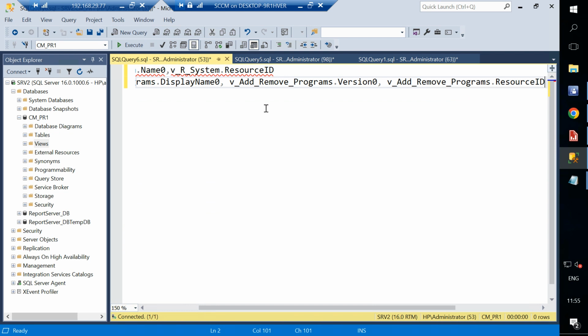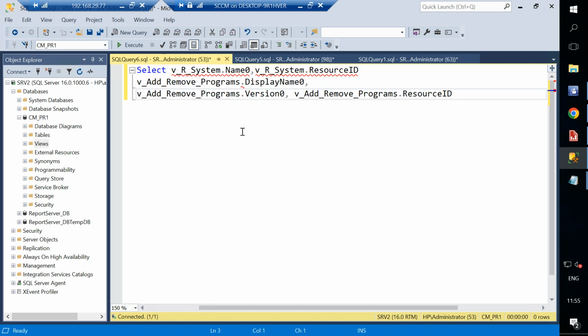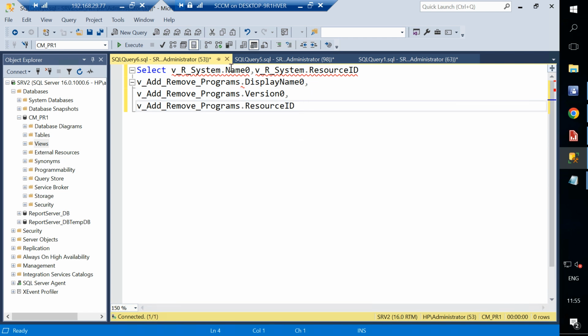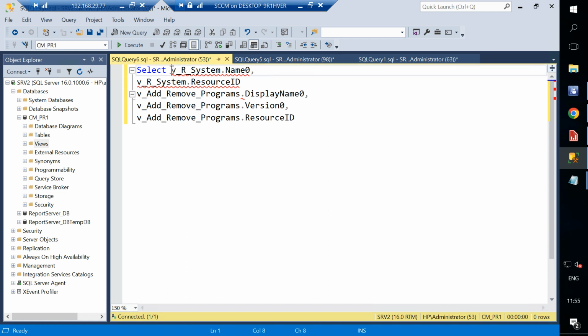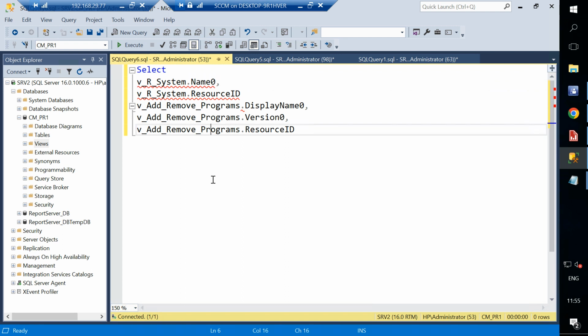Next line. Okay, select v underscore dot name, resource id, display name, every field has a comma. Then we will do from